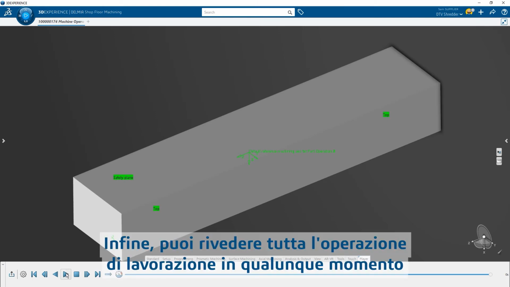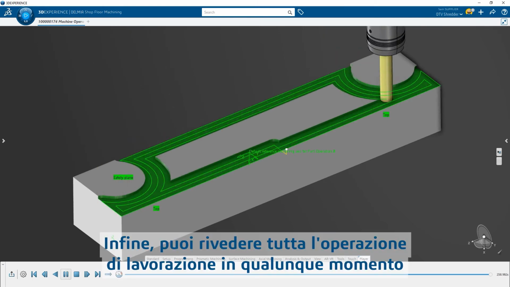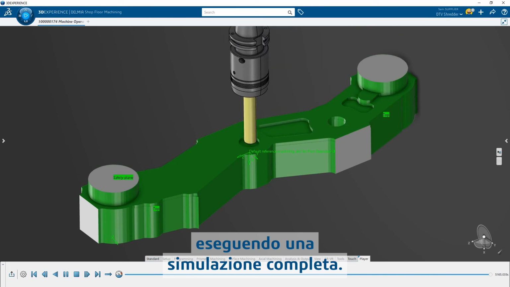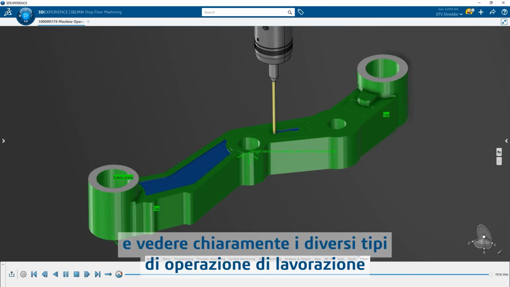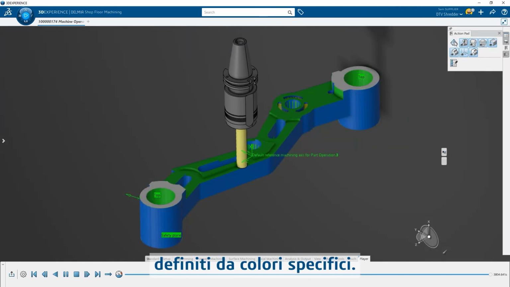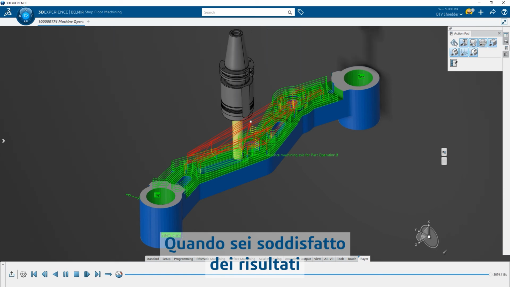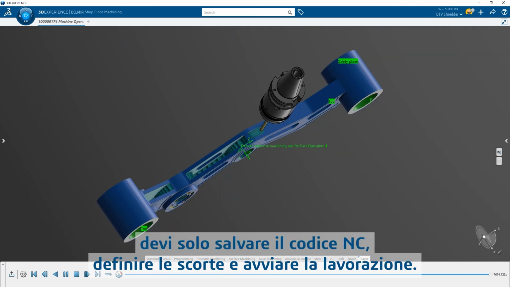Finally, you can review the entire machining operation at any time by running a full simulation. Here, you can look for any final potential problems and clearly see the different types of machining operations defined by specific colors. Once satisfied with your results, all that's left is to save the NC code, fixture your stock, and